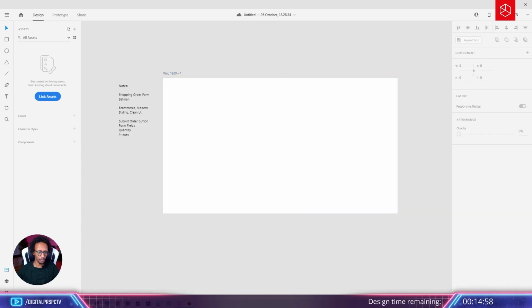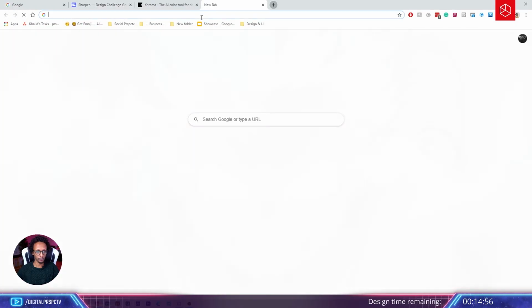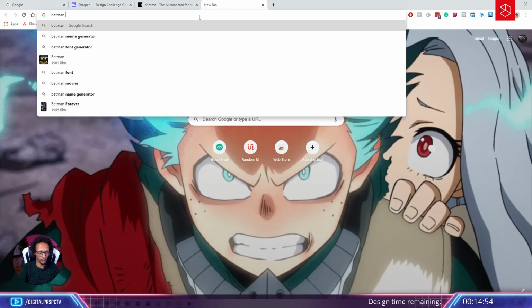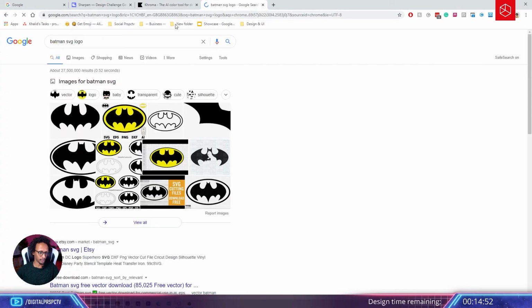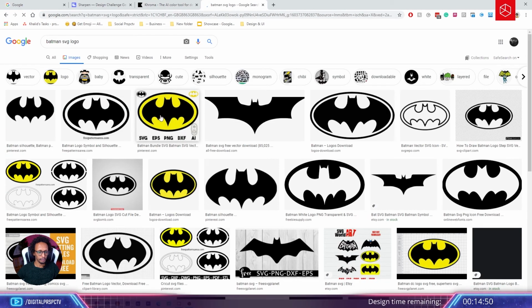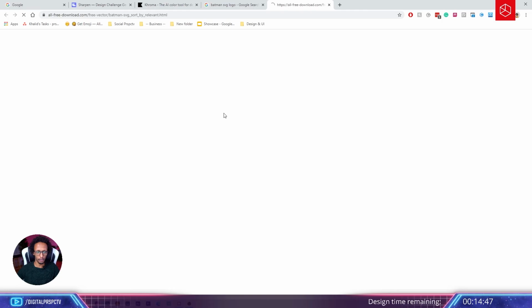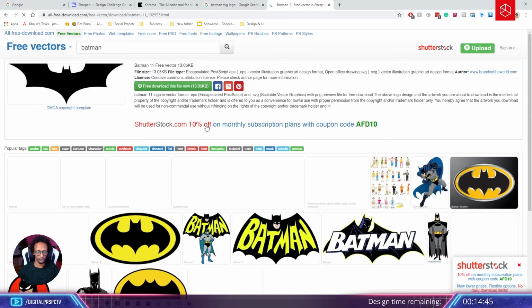Right, so the first thing I want to do is get some assets for myself. So we're just going to call Batman SVG logo. That's the first thing I want. Before anyone asks, I don't care what Batman I'm working on. I'm just going to work on whatever Batman